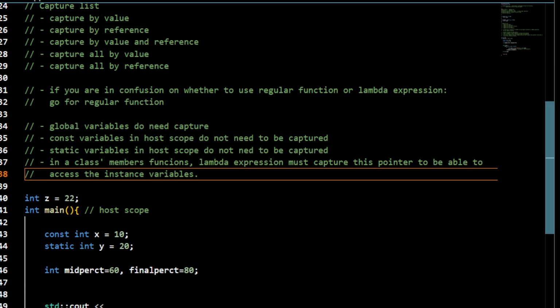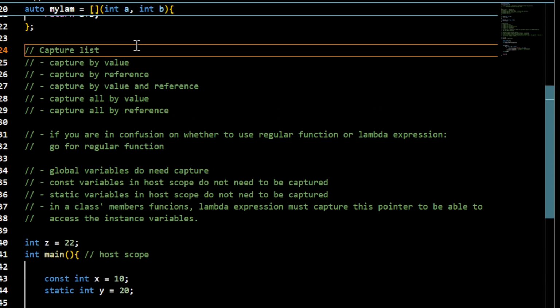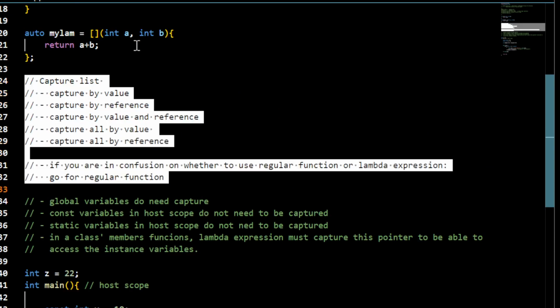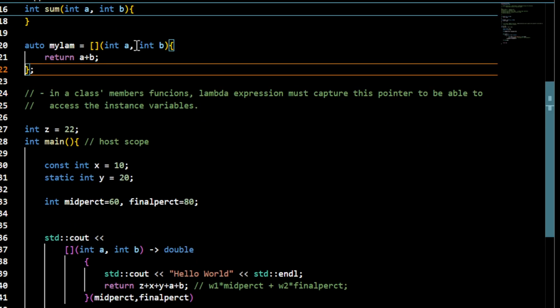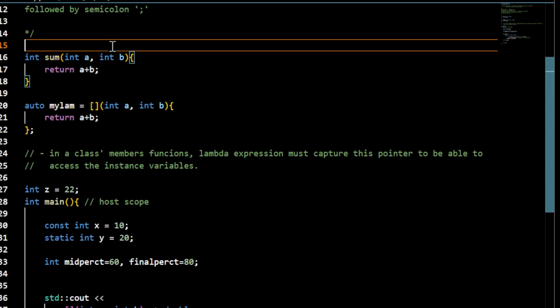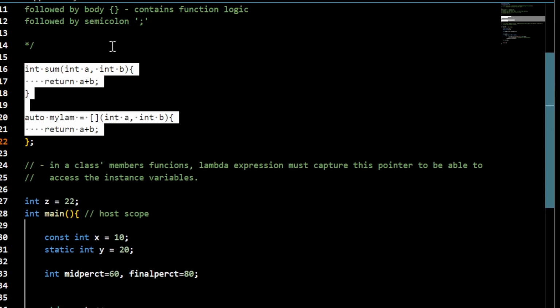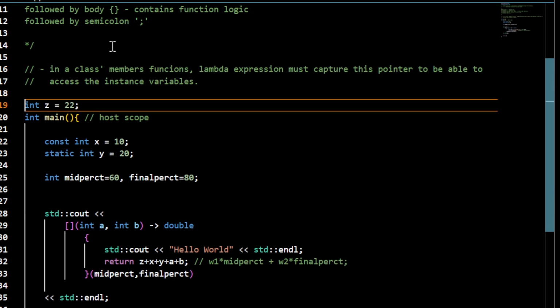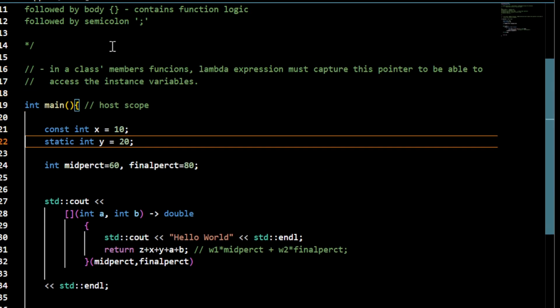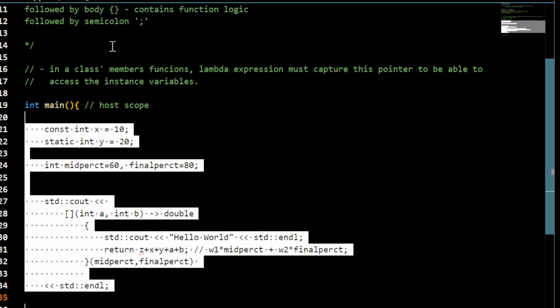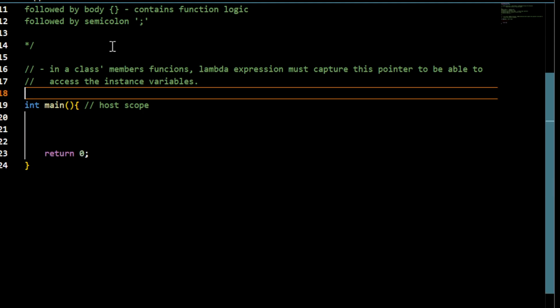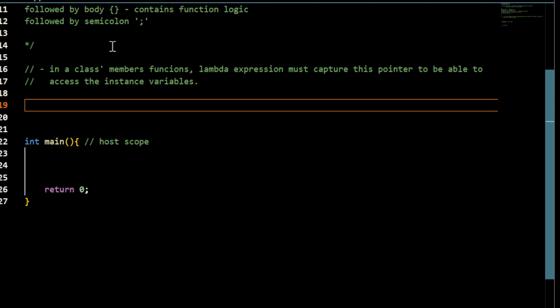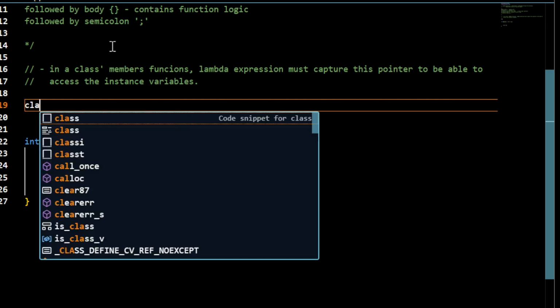So for this, to demonstrate this, let me remove everything and only keep this. I'm going to demonstrate how it actually works, how to do that. So in the class scope, if you have a lambda expression used inside a member function of the class, then you must capture this to use the instance variables. So first, let me suppose I have a class Student,